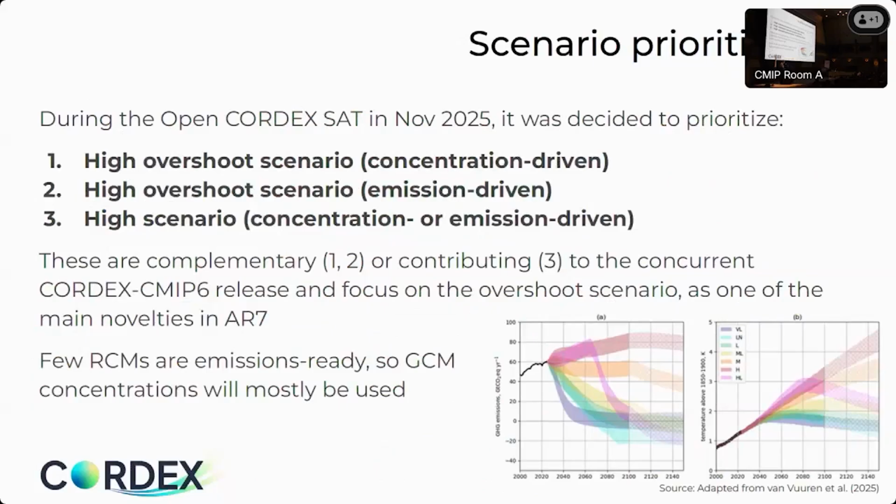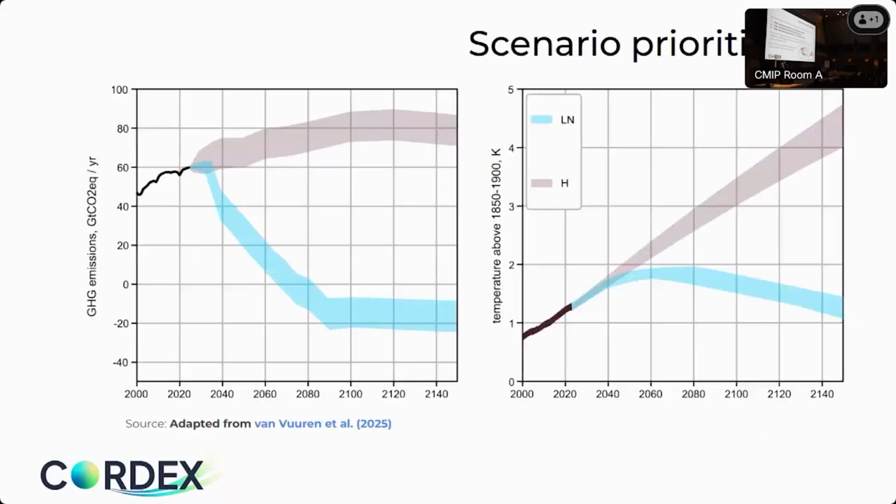The scenario prioritization. During the Open CORDEX Chat in November 2025, we decided to prioritize the high overshoot scenario first, with concentration-driven simulations and then emission-driven, and as a third priority, the high scenario. This is to complement the existing CORDEX CMIP6 simulations because this overshoot is a novelty in AR7, and this will complement the simulations from CORDEX CMIP6 instead of the users going directly to the latest generation of scenarios. So this was our idea, then to focus on the high and the low to negative, as